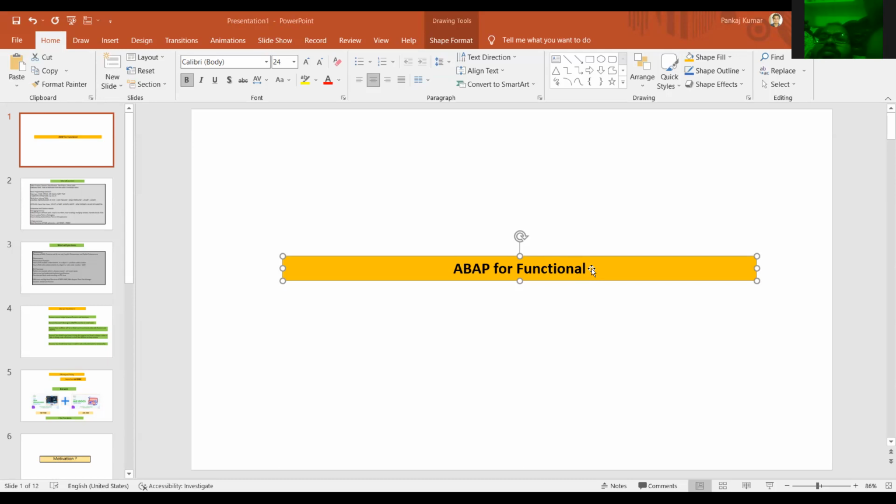Yeah, this is really a very good question. I would be happy to give the answer. Here, actually, Parminder, if you see, ABAP is a fourth generation language. If we categorize several other languages, like if we take up C or C++,